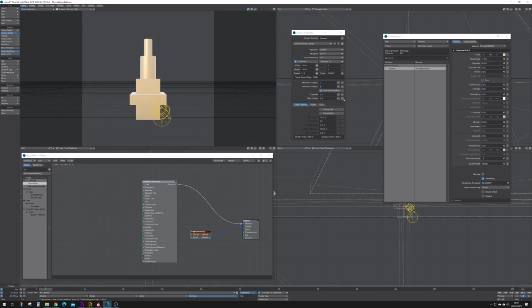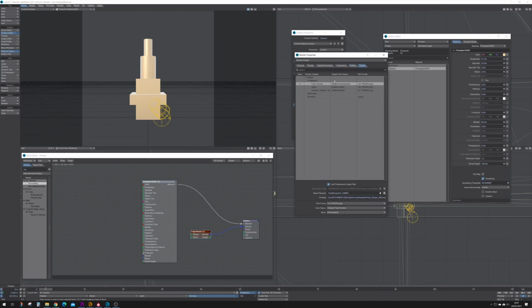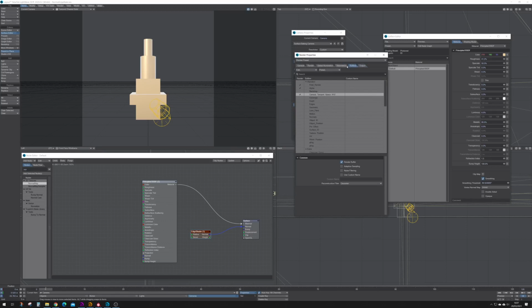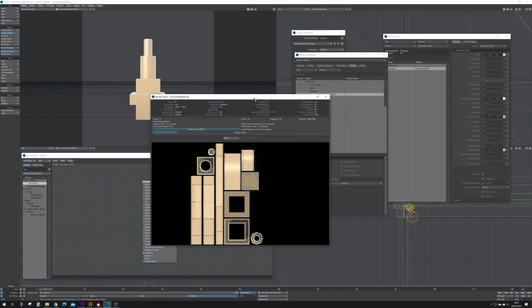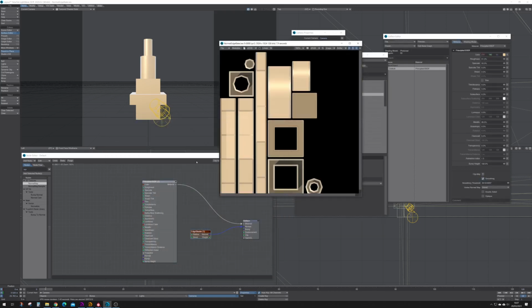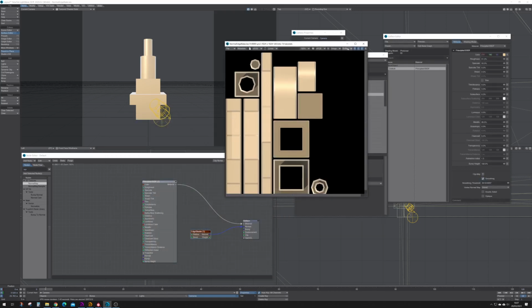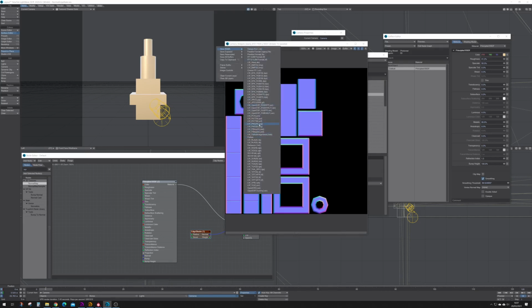One of the other things you need to do is ensure that either this or your output buffer is ticked. This one will save it out when you press render, or you can just view it in the image viewer, which is what I'm going to do right now. So you hit render, you can turn off GI, and I've got a bit of sampling going on here as well, just to make it look nicer, but you don't actually have to for your tangent buffer. It generally just works okay. So I'll save this out as a,